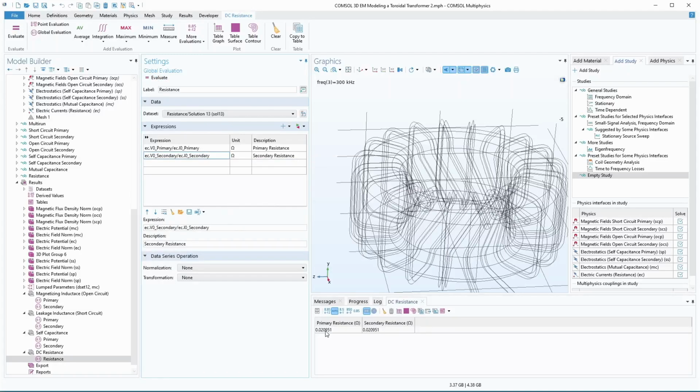Okay, that's a little better. So now we have 20 milliohms. We can change these to milli. There we go. So 20.9 milliohms. So that's pretty reasonable. So now for the mutual capacitance between the different windings, we did this